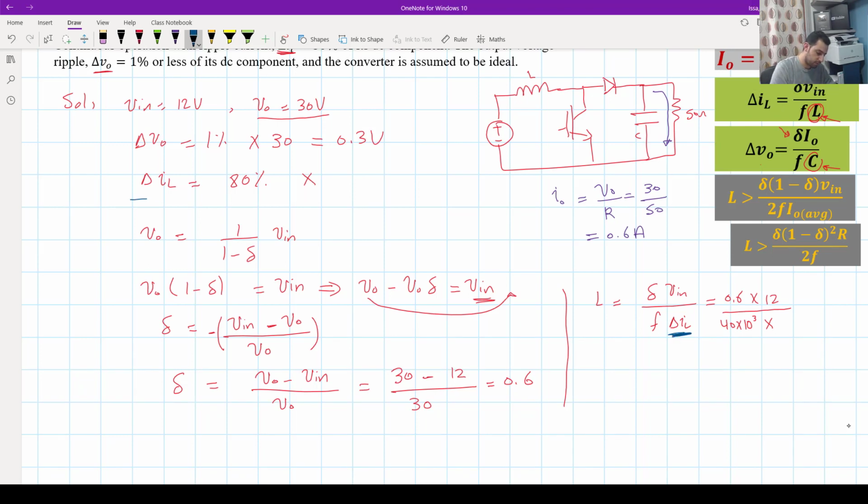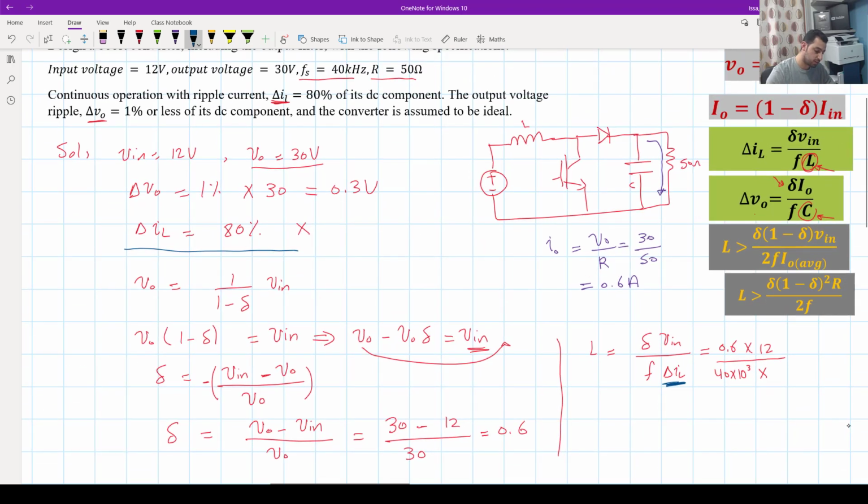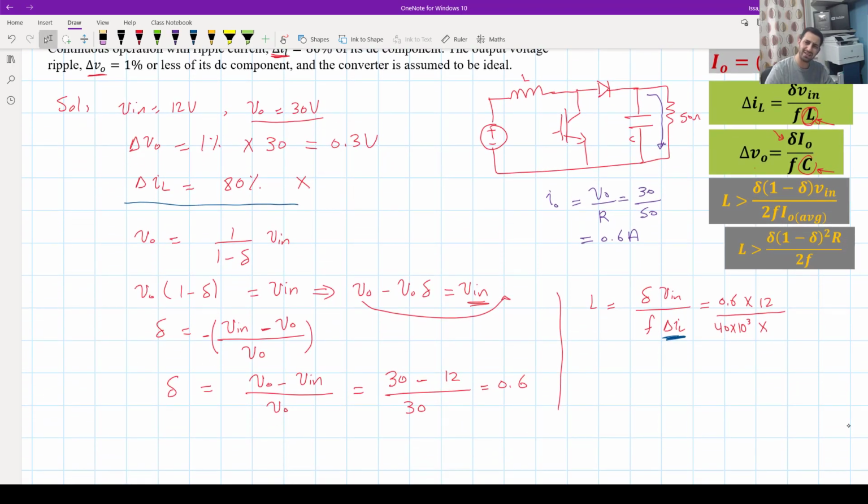By the way, we have started that, but we didn't finish it. So we have to make sure that we understand how we get delta IL. The delta IL, it says that it's 80% of the DC component. What is the DC component of IL? Maybe I mentioned that we have to calculate I output here, but that I output is not the DC component